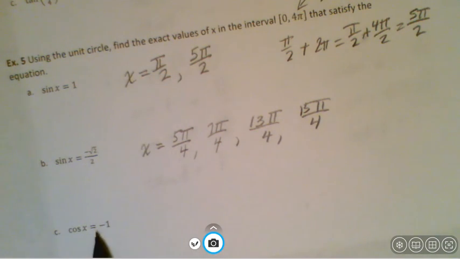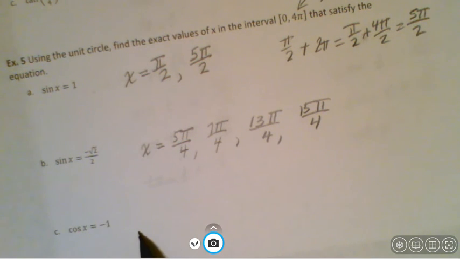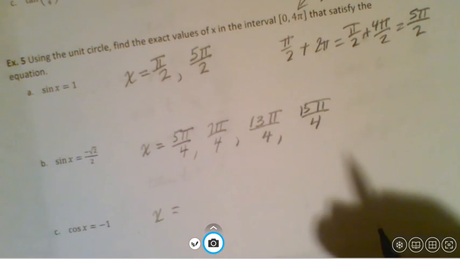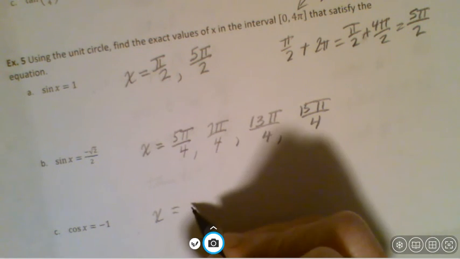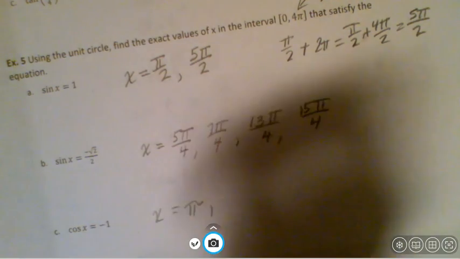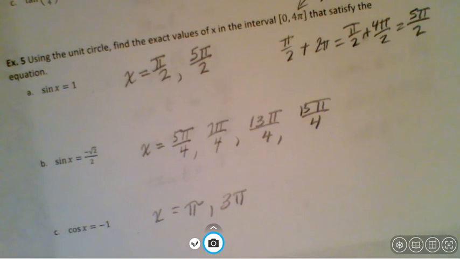Where will we see the cosine be negative 1? Well, that's kind of like that first one. We're only going to see it once a revolution, right? So we see it, looking on your unit circle, when x is pi. There's your negative 1. And then go around another time, you've gone to 3 pi. Finally,